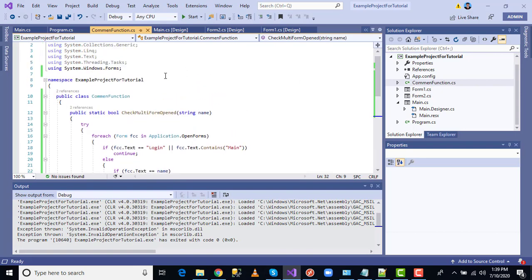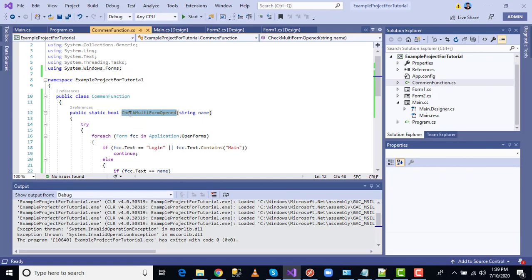I created the class file, and in that class file I created one public static method for the true or false purpose, to check whether this form is open or not. It's a boolean concept, so it returns true or false when I use this method.